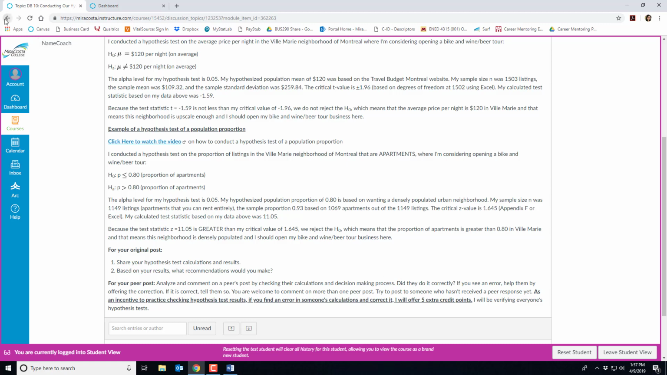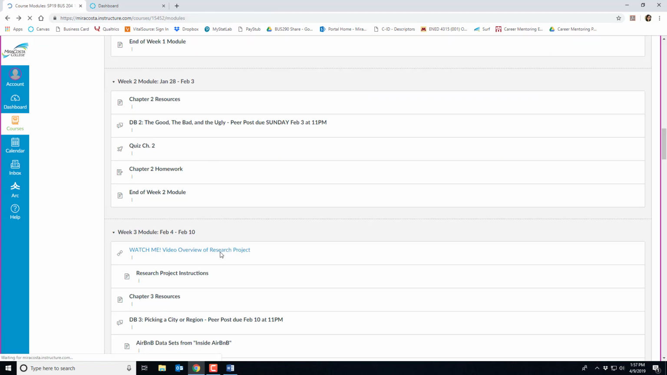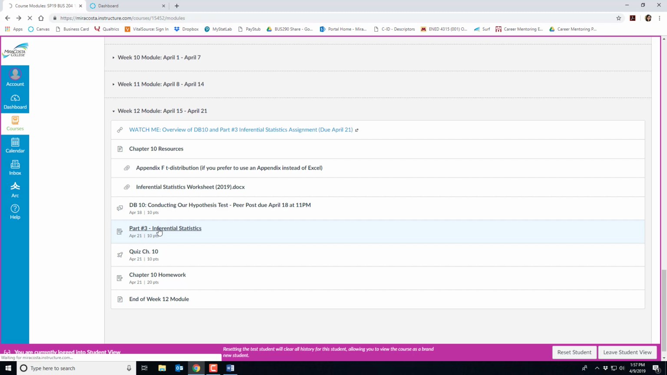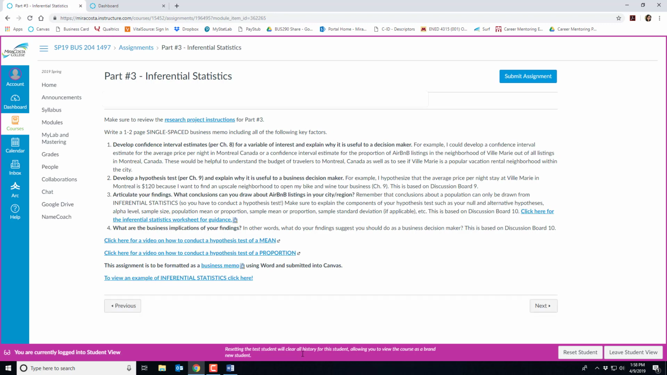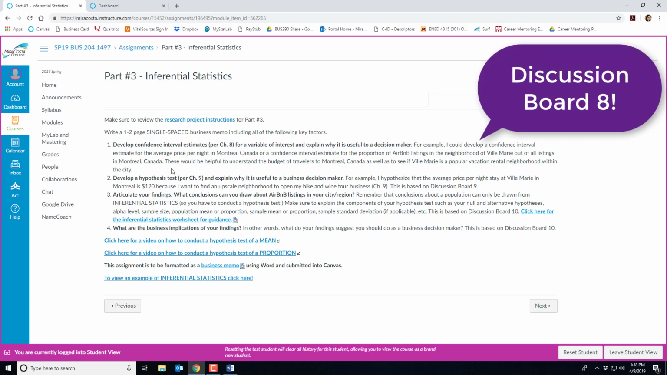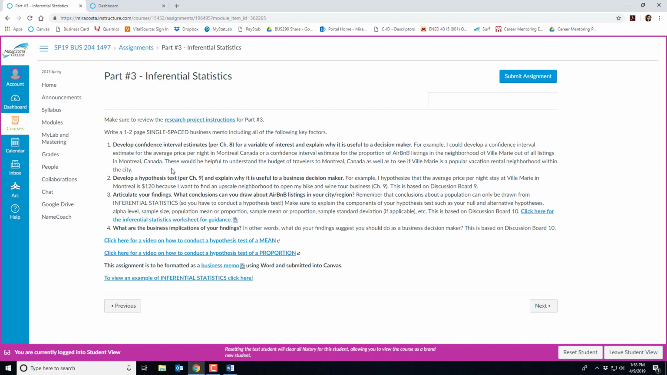So let's go ahead and look at the Part 3 business memo. I'm going to click here onto the Part 3 Inferential Statistics. It's a 1 to 2 page single-space business memo. The first component of the assignment is to provide your confidence interval estimates for a variable of interest and explain why it is useful to a decision maker. You already did this in a previous discussion board, and I also provided feedback on it. So as long as it's correct, you can just copy paste that and put it right into your Part 3